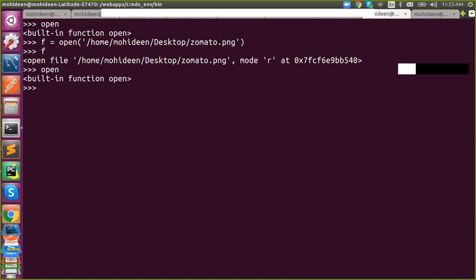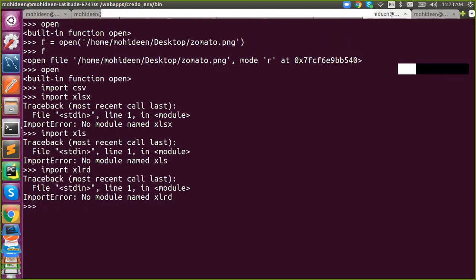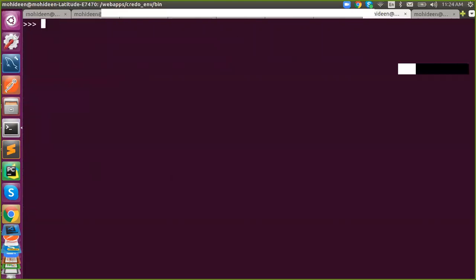In the case of CSV, we need to import csv. In the case of Excel, we need to import something called XLRD, sorry, XLRD. We need to install and use it. We'll discuss in detail the various modules and packages available to parse files. Tomorrow will be an interesting topic because everyone wants to parse a file, right? We'll discuss in detail the file handling techniques available in Python. So please prepare for that.